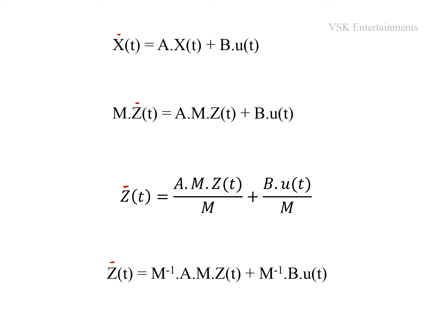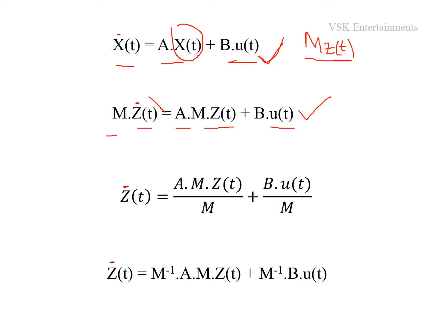The state equation for a state model is x dot of t is equal to A into x of t plus B into e of t. In this, we are going to substitute x of t is equal to M into z of t for getting the diagonal state matrix. Here M is the model matrix and z of t is the state variable. By substituting M into z of t in this equation, we get M into z dot of t, that is equal to A into M into z of t plus B into e of t.